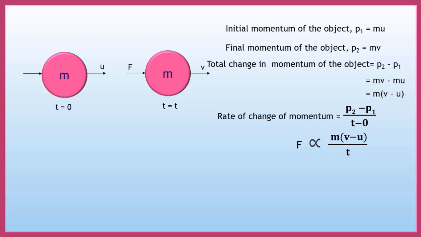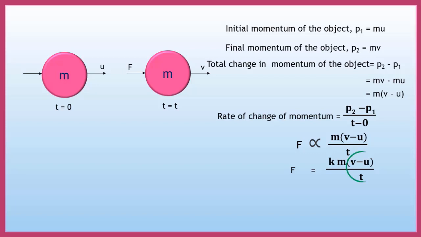Okay. Now a very important thing comes here. Rate of change of momentum is also known as external applied force. So I will write rate of change of momentum as capital F, and this F is directly proportional to change in momentum upon change in time. So we already know this thing. Whenever the proportionality sign gets removed, an equal to sign comes with a constant. Here that constant is k.